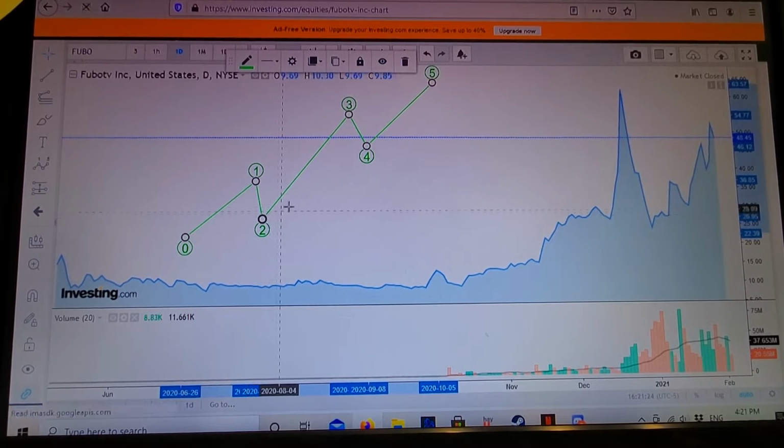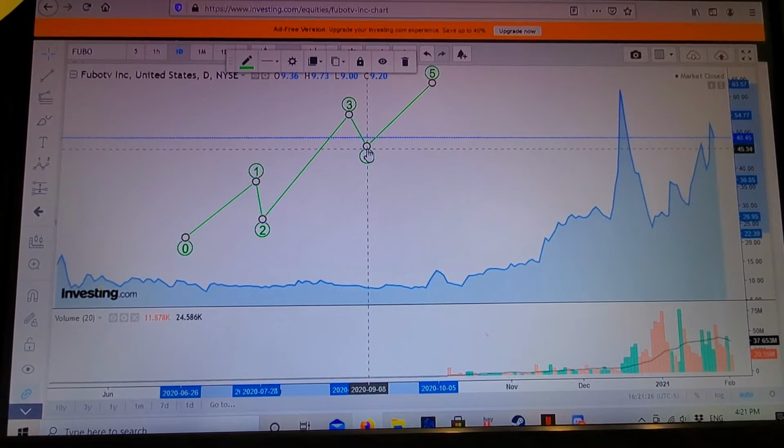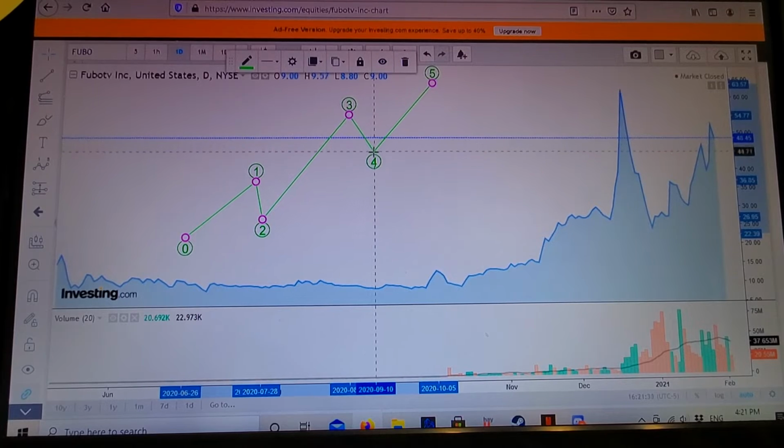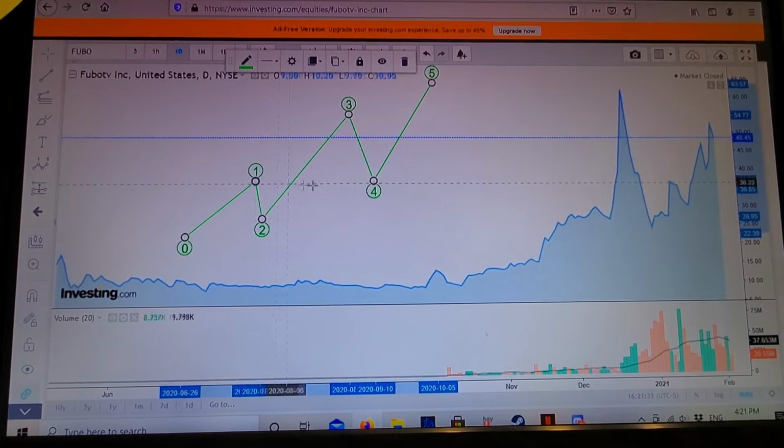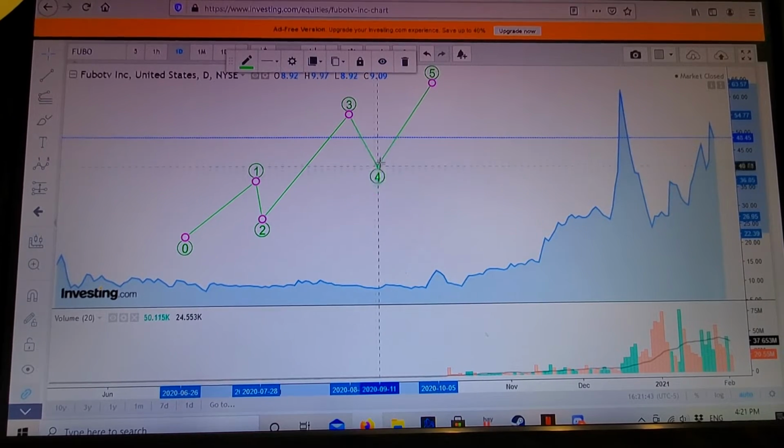The other one that's an important rule on the downside is wave 4. Wave 4 here, when it starts coming down, it can't get below wave 1. As soon as it crosses over any of the prices involved in wave 1, that is now an invalid wave, so we'll have to cross the whole thing out and start again.